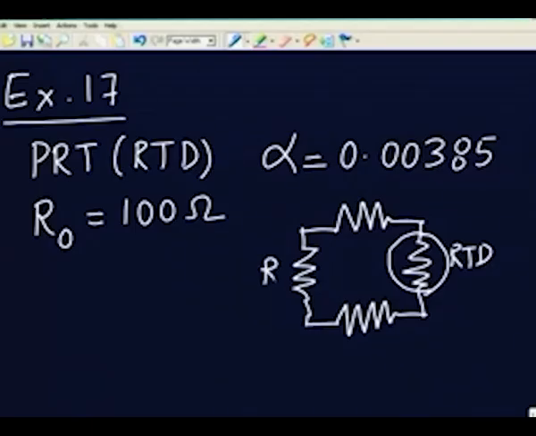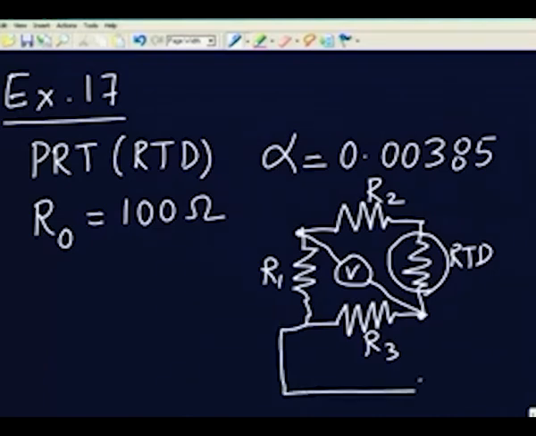We will call these R1, R2, R3, and we have a voltmeter connected across these 2 terminals, and between the other two terminals there is a battery connected across them. This is a 9-volt battery,